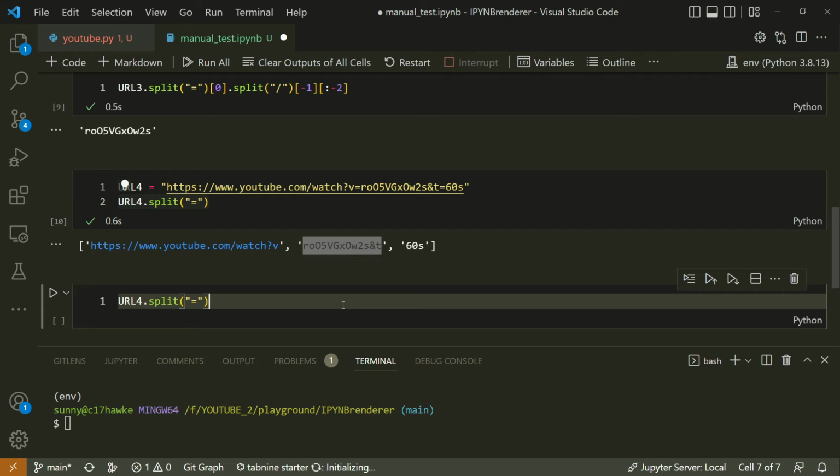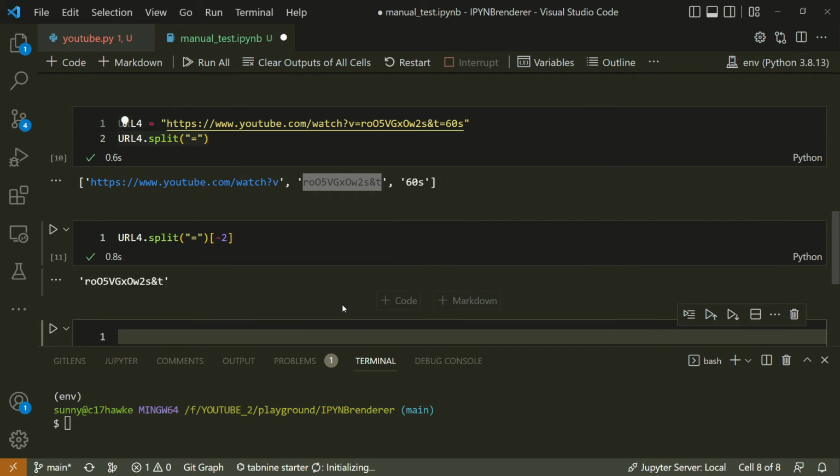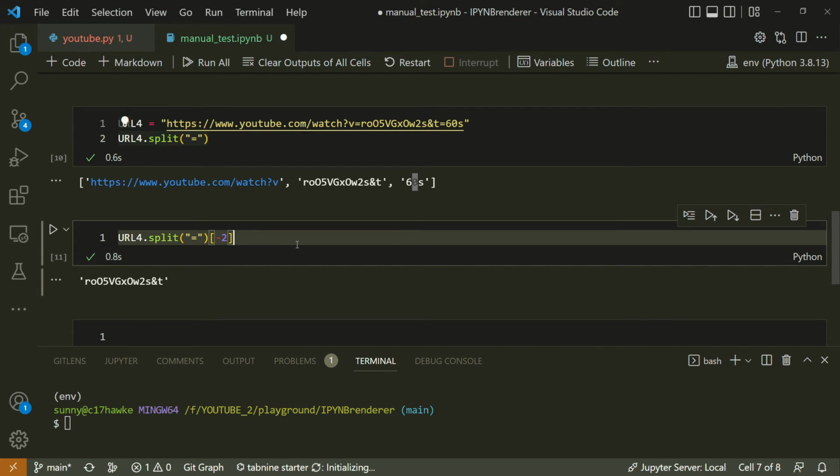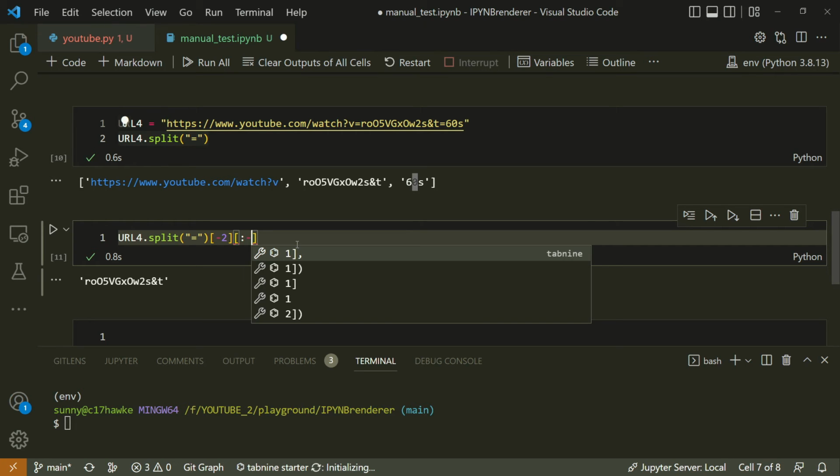So what I will do first of all is check for the -2, right? -1 will already give you 60 seconds, and in that I just need the 60 part, so I will drop the last part. I will just keep it like that, and then you have gotten it, right? Again, if I want to remove the and t, I will simply write this till